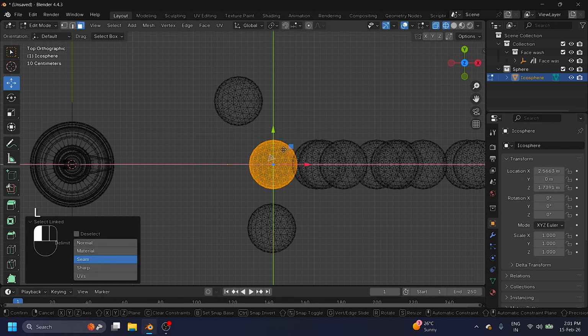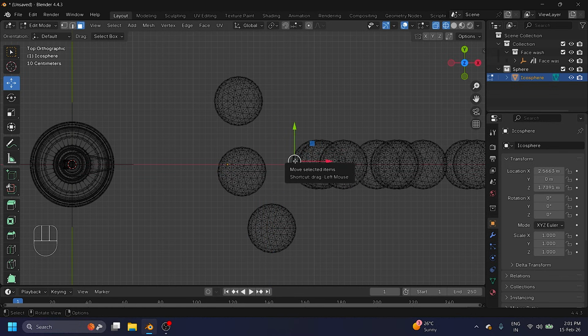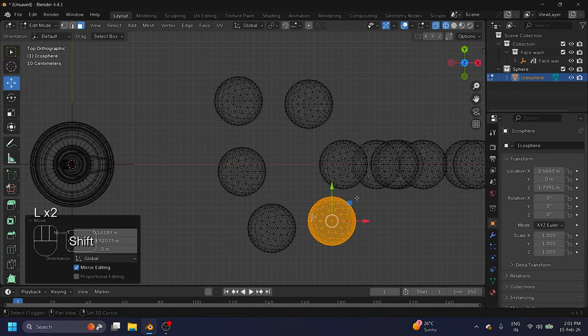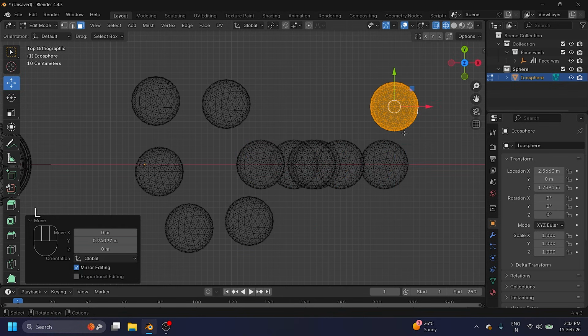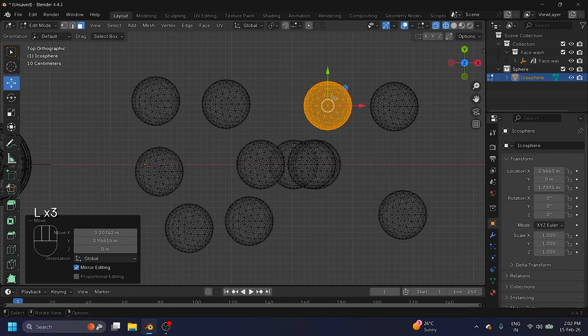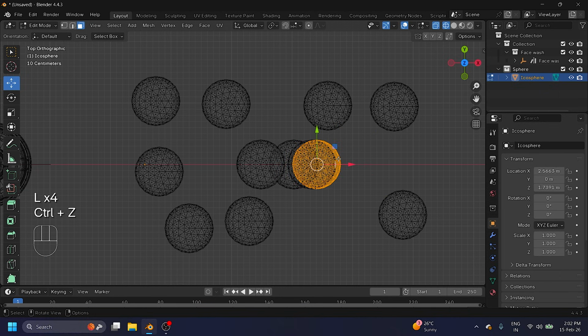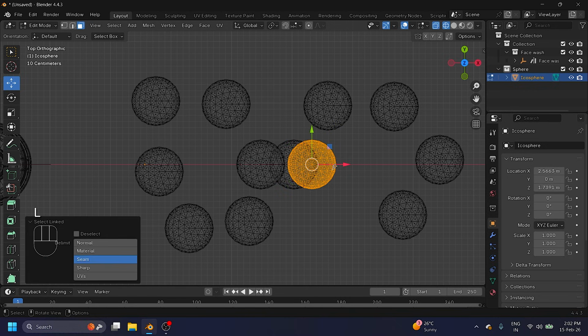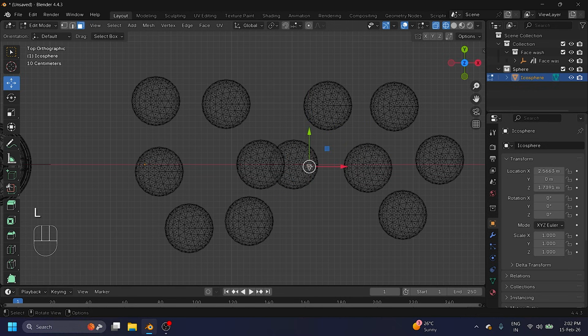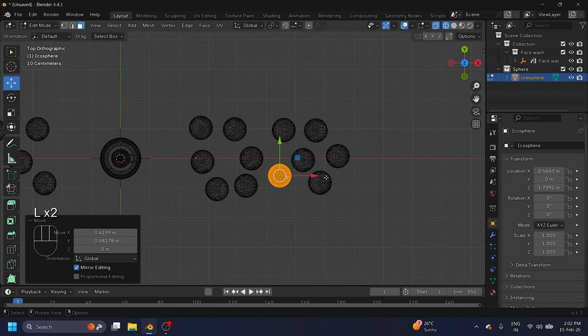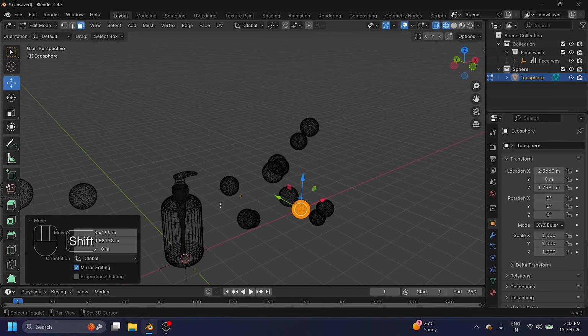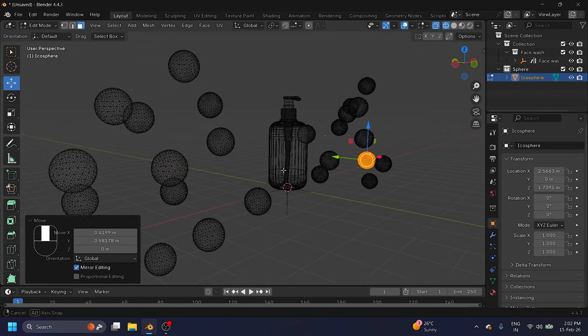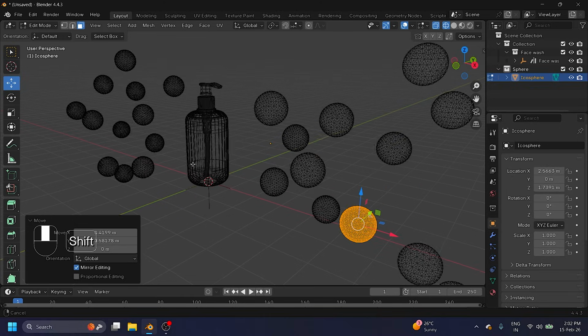Go to here. I'm randomly changing only the position of the spheres. Go to here, and again. Lastly, press L and go to here. Okay, now I've changed only the location on all spheres.